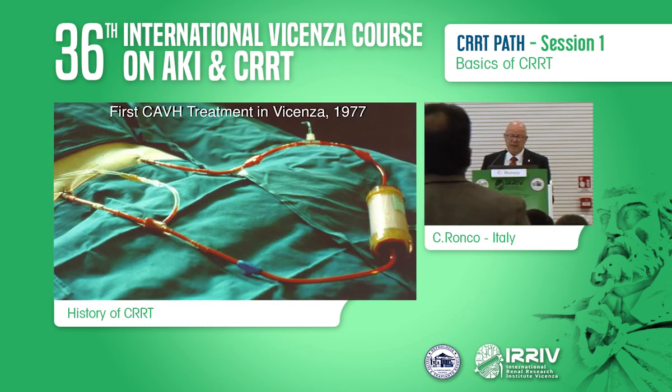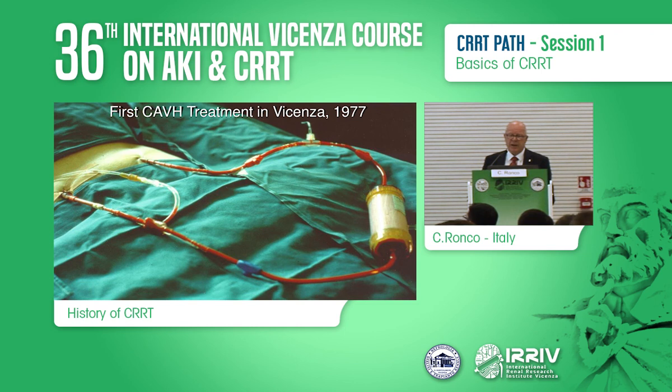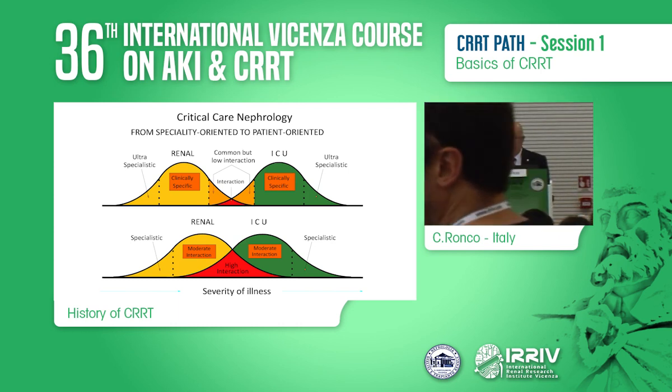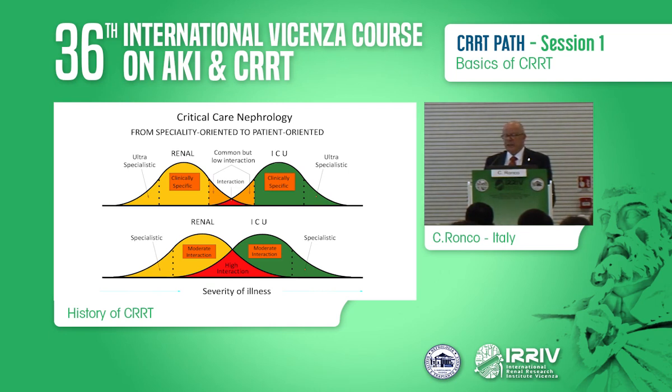We started actually in 1977, after the Göttingen experiment by Peter Kramer, to treat the first patient on continuous arteriovenous hemofiltration. And as you can see, there was an artery and vein connected through lines to a highly permeable filter. This led to more and significant interaction between renal medicine and ICU medicine into a new specialty that actually we